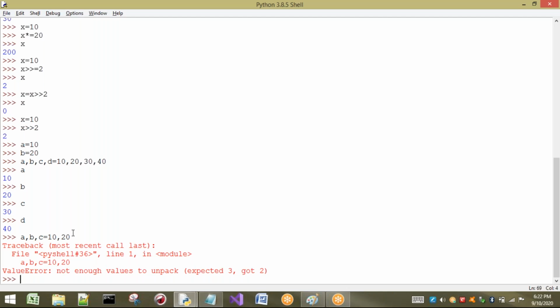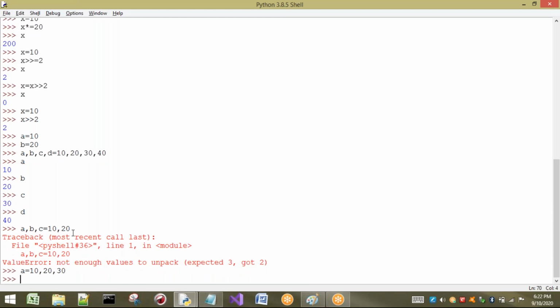Compulsorily, if you are giving 3 variables, we have to give 3 values. Some people may get a doubt: sir, if I take 10 comma 20 comma 30, let us think once whether it will give an error or not. Many people will think that we will get an error, but here we will not get any error. I will show the reason. Already we have discussed the concept of tuple.